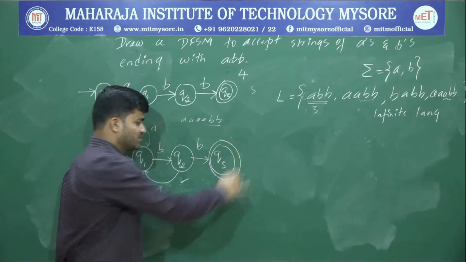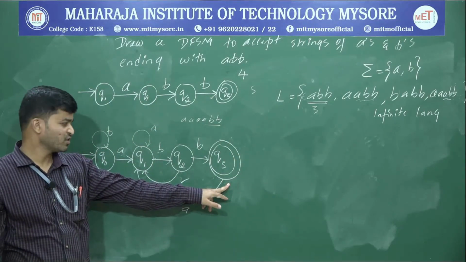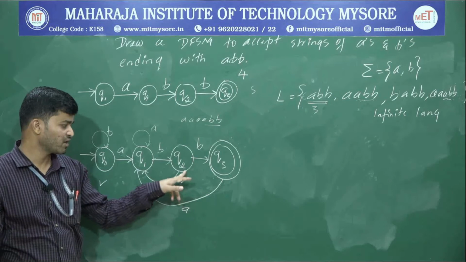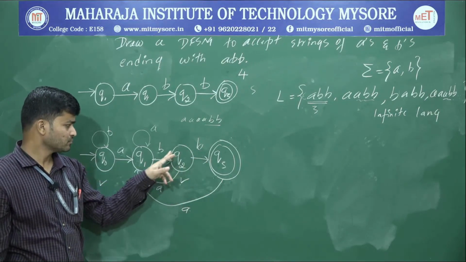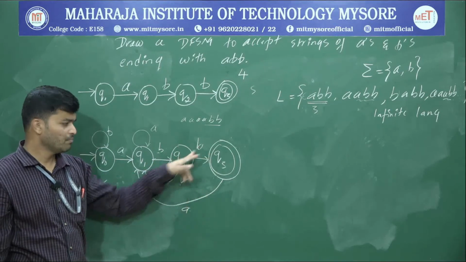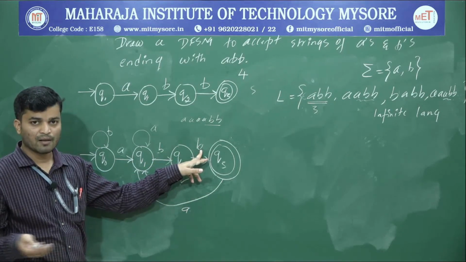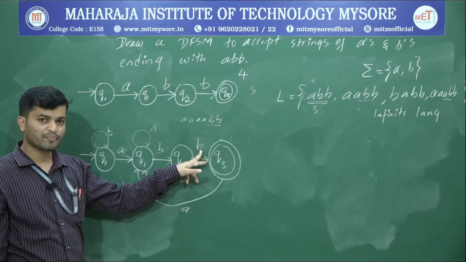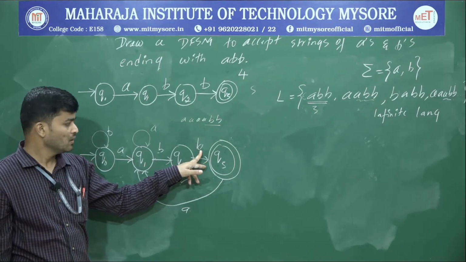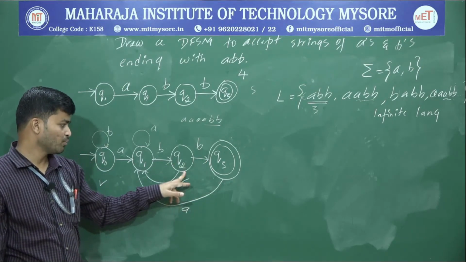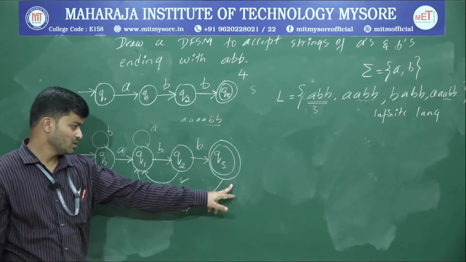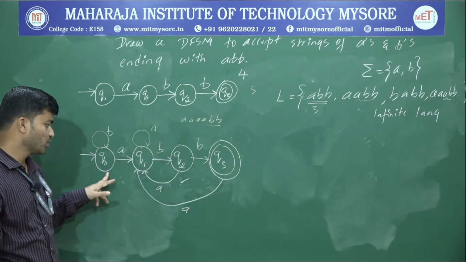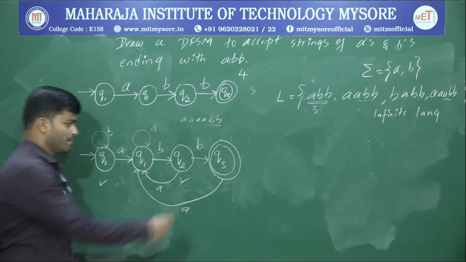So what is the next? Connect with the next nearest state. What is the next nearest state? Q2 upon B. If I connect to Q2, what will happen? It will end with B, B, B, B. So it will end with some number of B's. That is not a valid string. So connecting to Q2 is also not possible. What about this one? I'll get 3 B's. That is also not possible. Just observe here. If I connect Q3 to Q0, what will happen? B.